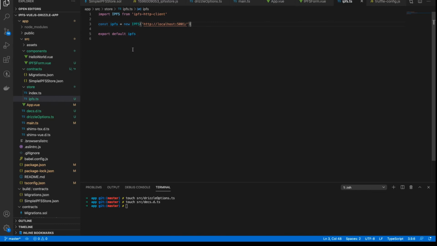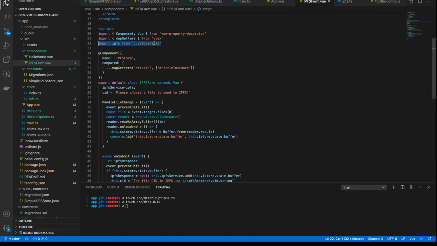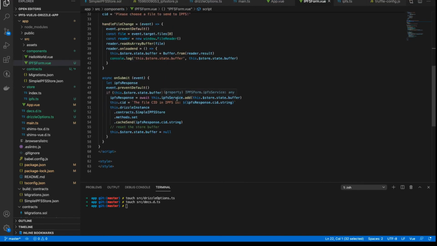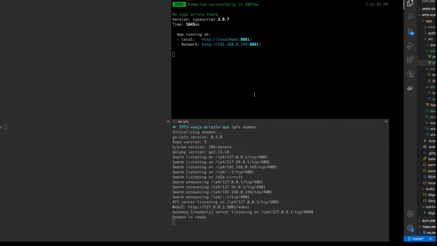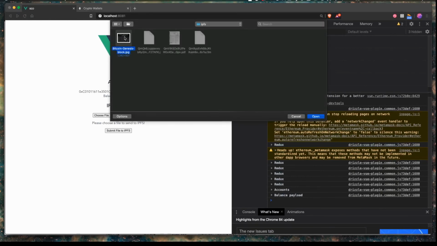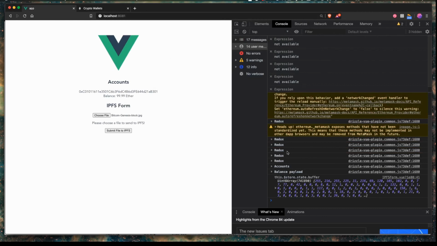So we've basically got a handle on this instance now inside of our component, and we set that here, and then we use it as an instance of the IPFS service so that we can call add and other methods on it. Okay, so if we head over to our browser, we can see now that it's been updated and we have no errors, and we can now choose a file as we had done before. So we choose the same image, the blockchain image of the Bitcoin Genesis block, and there is our buffer, and now we can hit the